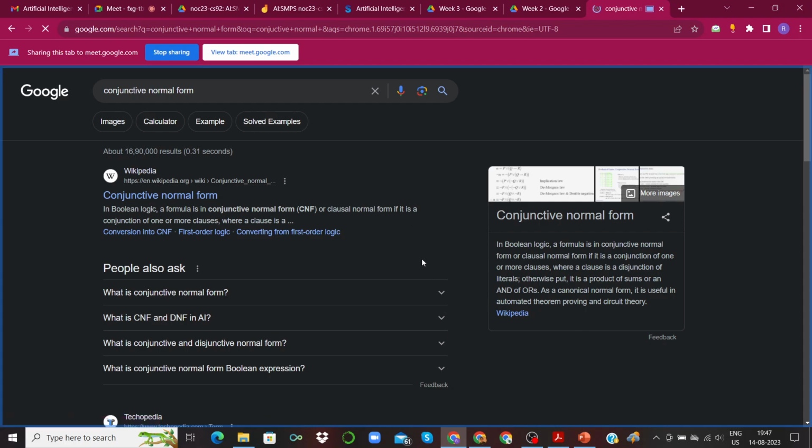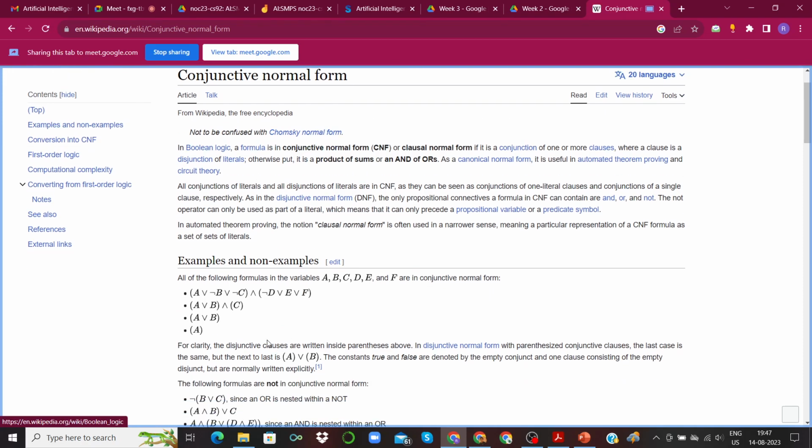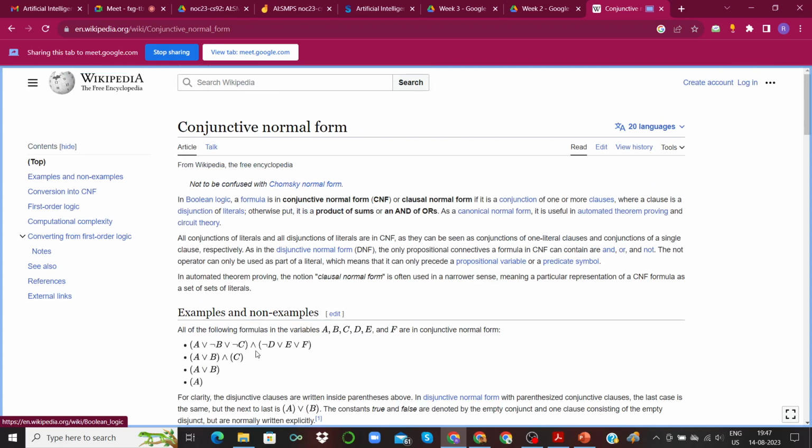Whenever in doubt, you can always refer to this vast internet we have. So conjunctive normal form is a specific kind of notation in Boolean logic, where you define your formula as an and of different clauses. Each of these clauses will be an or of different variables.